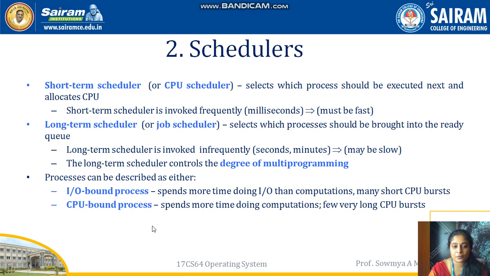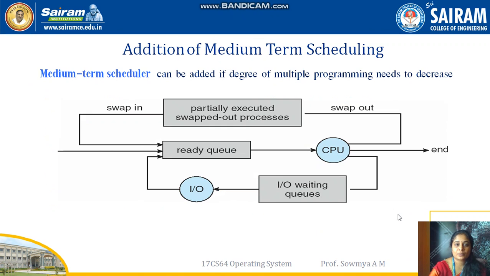In CPU bound process, it is like CPU schedule or short term, where computation will happen without waiting for other interrupts like input output interrupts. So it mostly spends time in CPU burst. Next one is medium term scheduler. Disadvantage of job scheduling is CPU will be waiting for a longer time under input output.